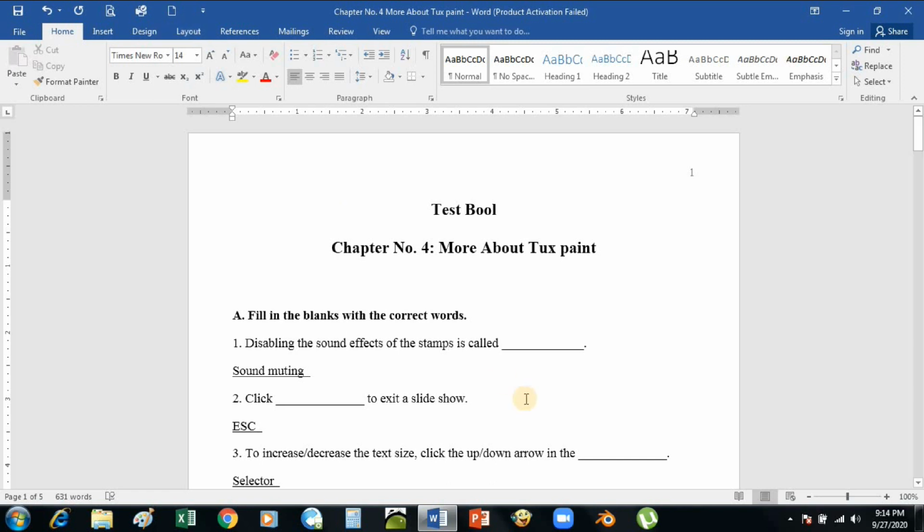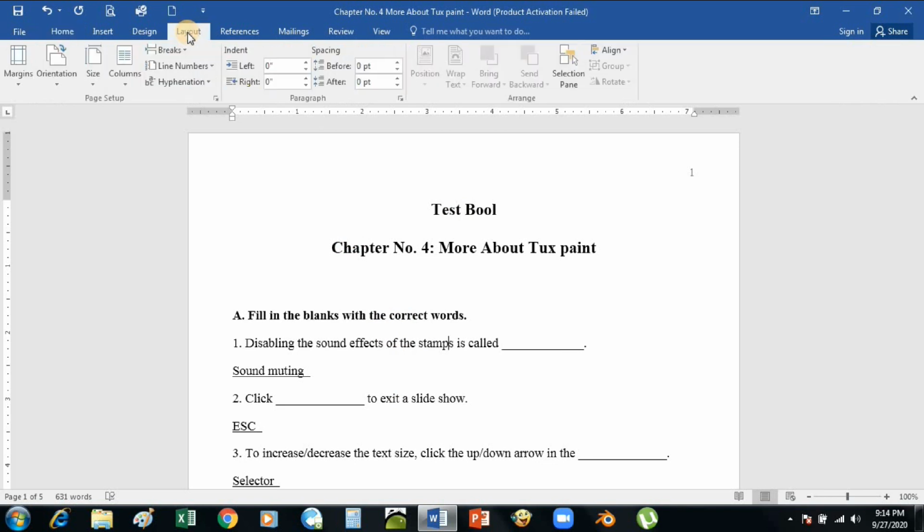Let's see. Before applying these settings, you must have some data in your document, as it is here now in my document. So first of all, we will click on the page layout or layout tab. In the layout tab ribbon, you see different groups of commands, like the page setup commands here.